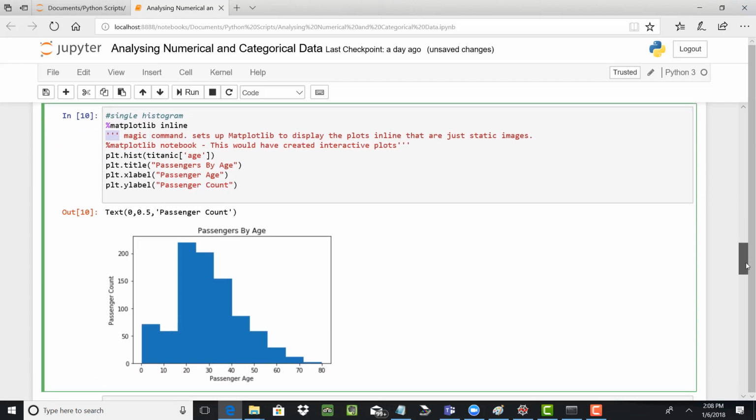So histogram is a very popular plot to do exploratory data analysis on categorical variables. But you may wonder that I have taken age, which is not a categorical variable. It has a data type of float, I believe. And then how is this a histogram? This function plt.hist for histogram is working against this